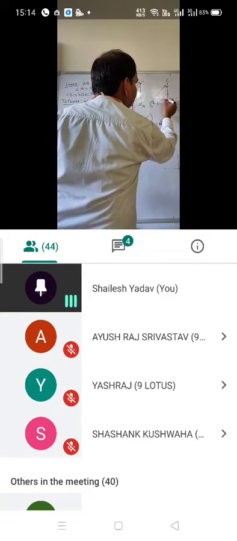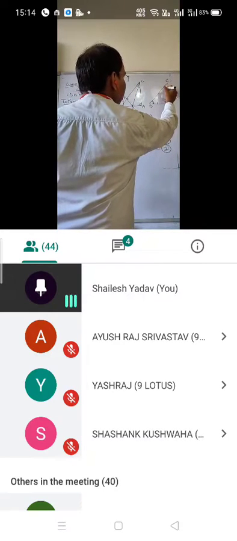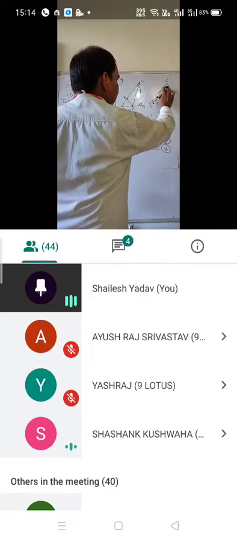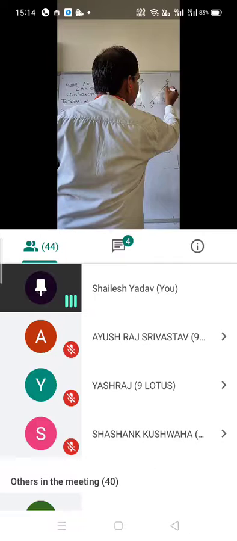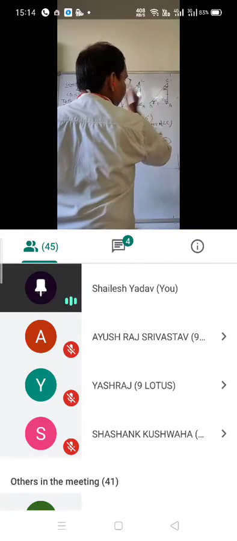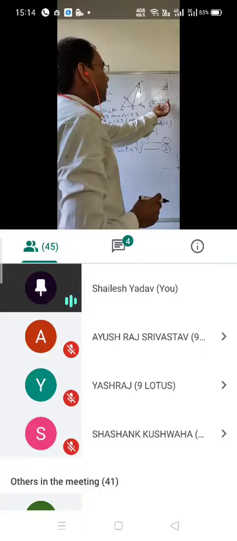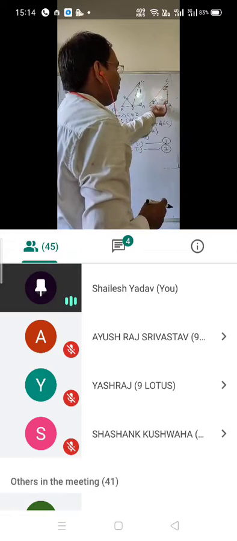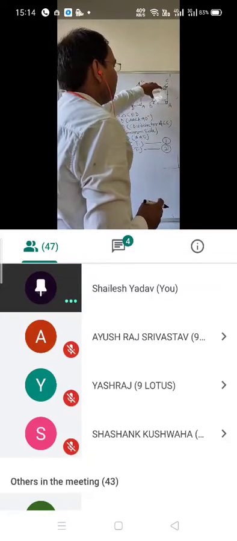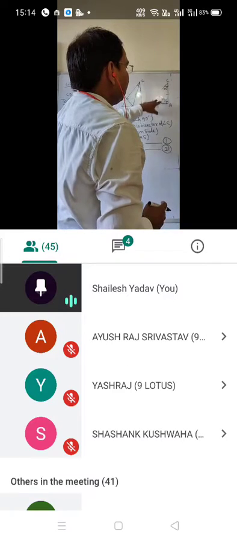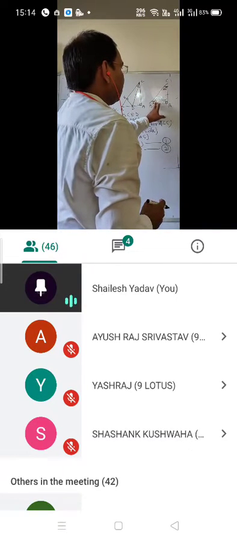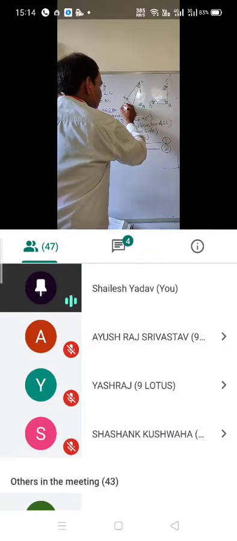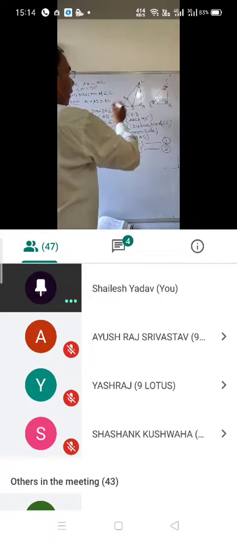So if it is 90 degree and these two angles are equal, what will be the individual value of these two angles? 45. Okay, very good. So that is 45 degree, and here it is also 45 degree. Reason is that it is the isosceles triangle and one angle is 90 degree, so sum of other two angles will be 90 degree. Reason is that 180 degree should be the sum of triangle. So if these two sum is 90 degree and both are equal, individually each will be 45 degree and 45 degree. It means that here it is 45 degree and angle B is here, so it is 45 degree. Now students, what is this angle?